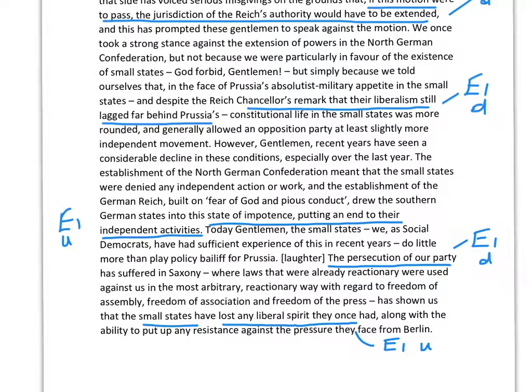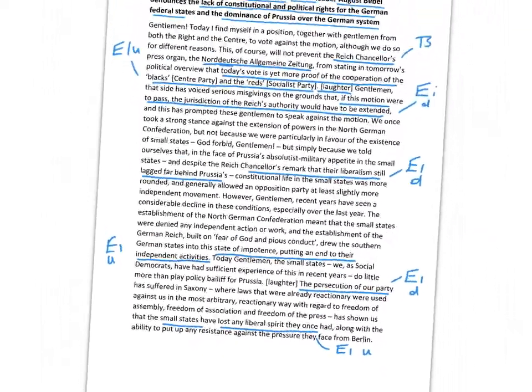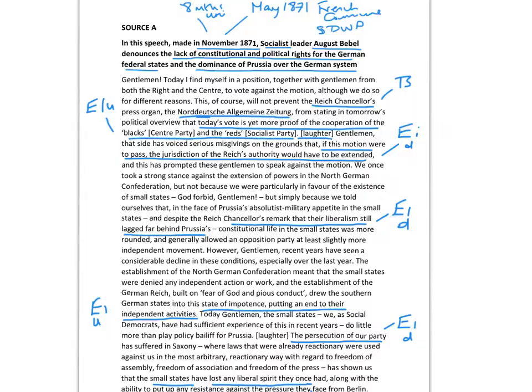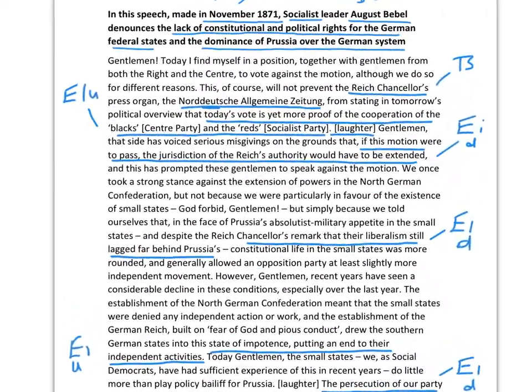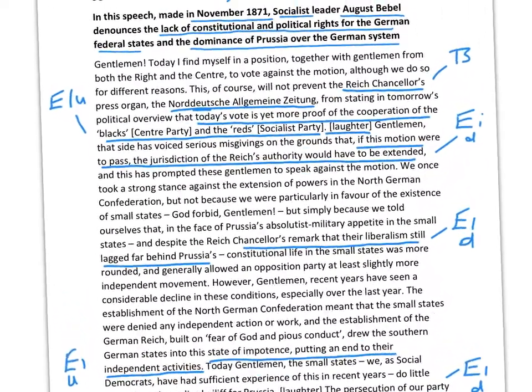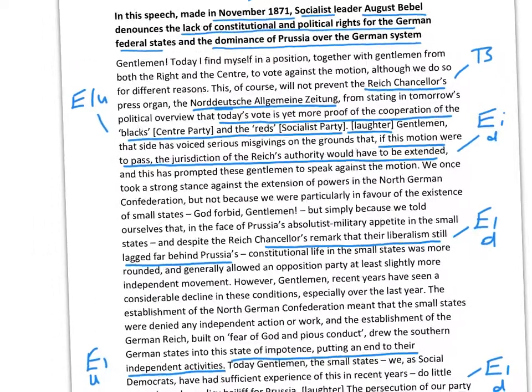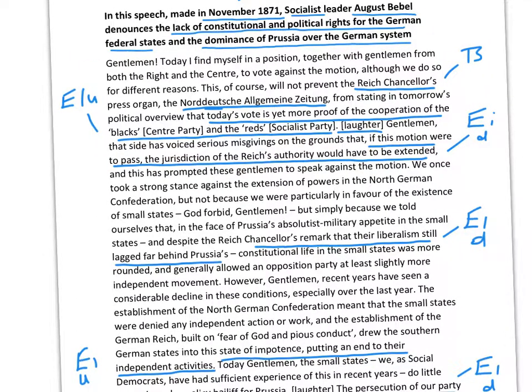I'll then switch to a different colour. I'll use red, and we'll do exactly the same for the second inquiry. Now, the second inquiry is asking about the reaction to the unification. Obviously there's lots here about the socialist reaction. You've got in the middle there, God forbid gentlemen. So I'll just put a reference there. That's inquiry 2,